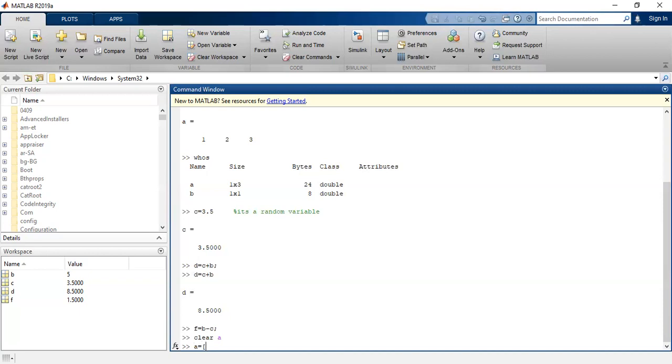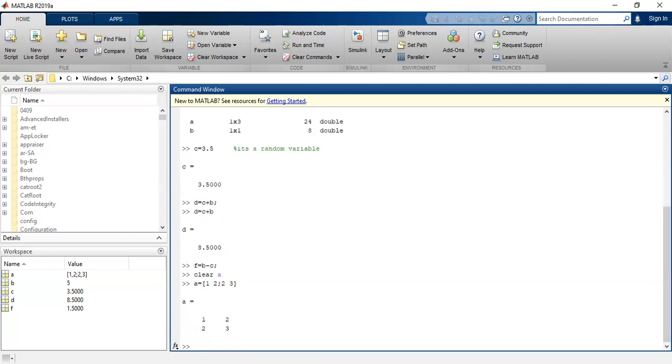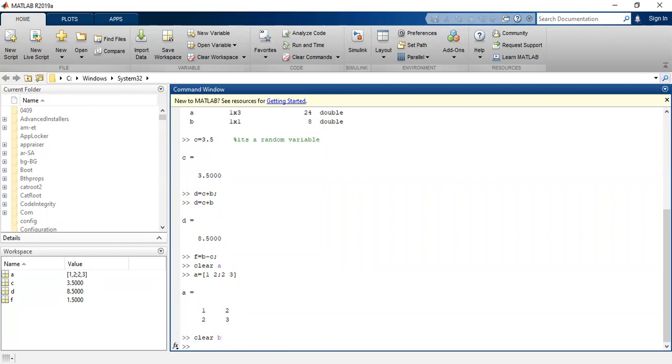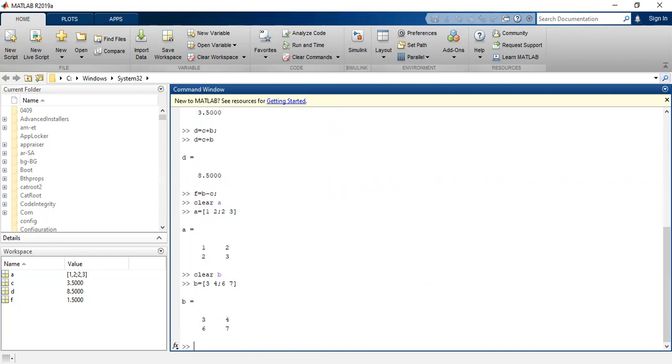Okay, see, these are two matrices which I have defined, A and B.